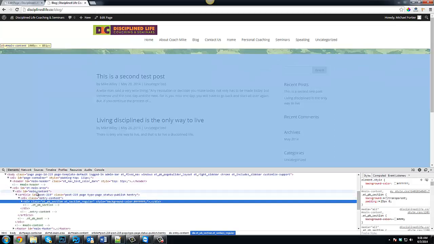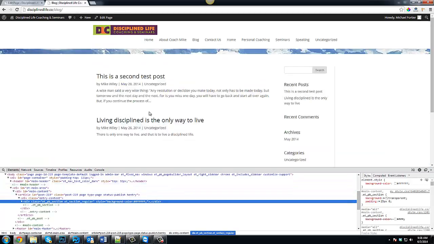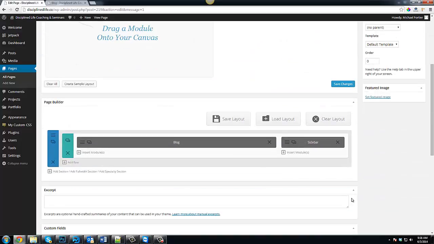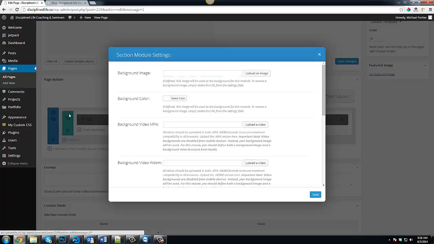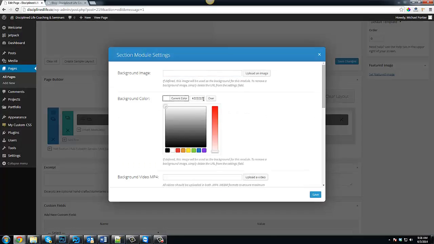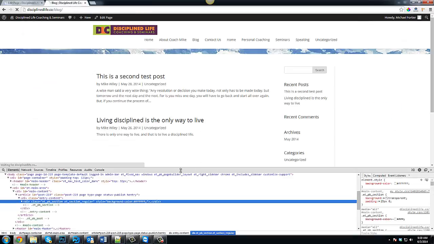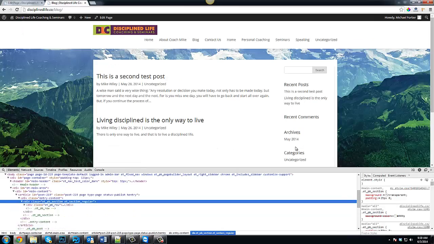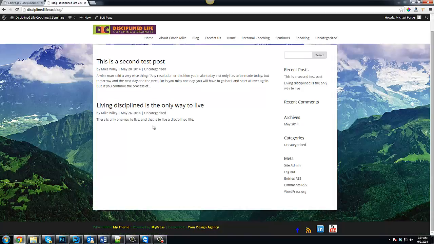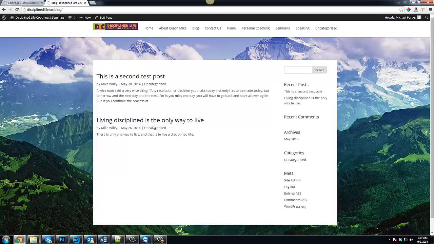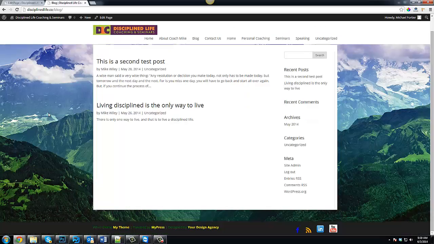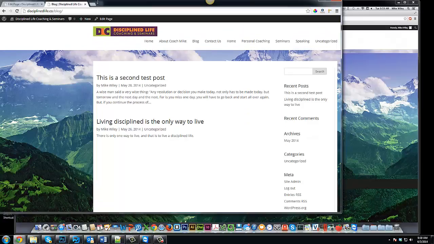And so now we've got main content. Oh, we got a background color on it. That's what's going on. Okay, so now we've got this where it should be. As you can see, this image in the background is fixed. One thing that we do need to do here,